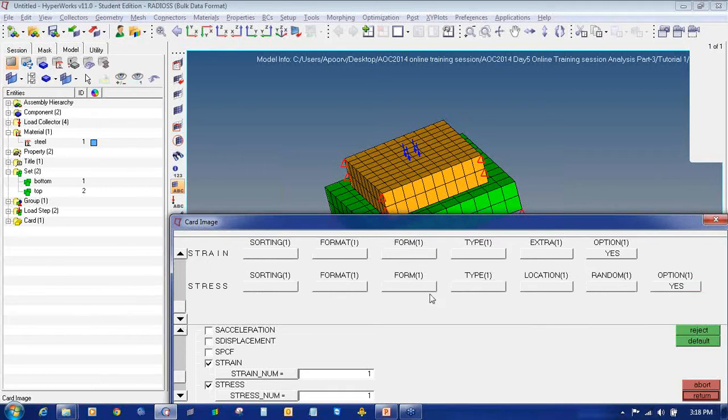And in strain we will select type as plastic. We need plastic strain as the output.